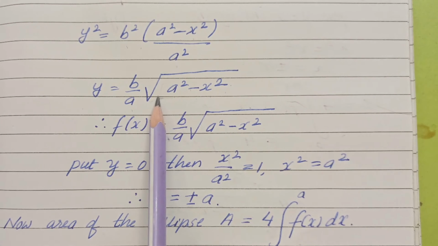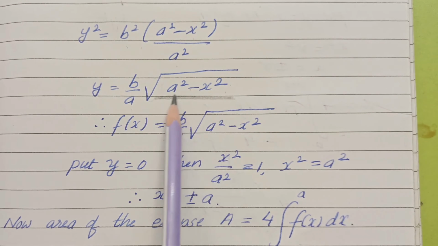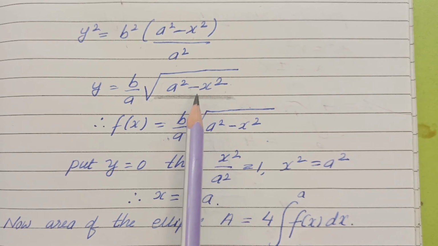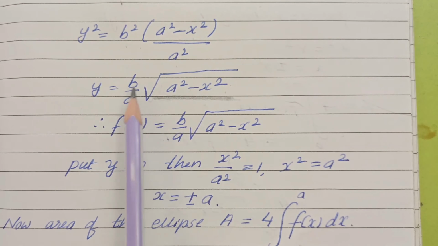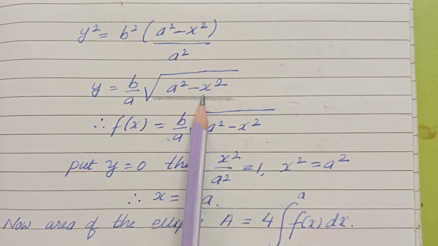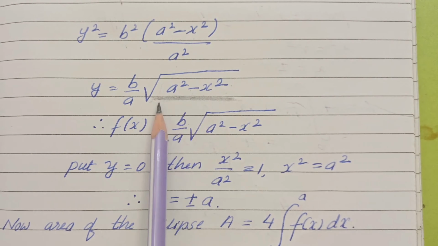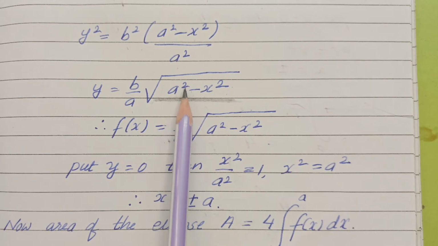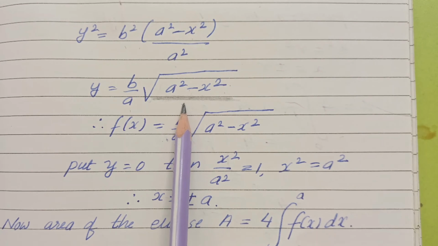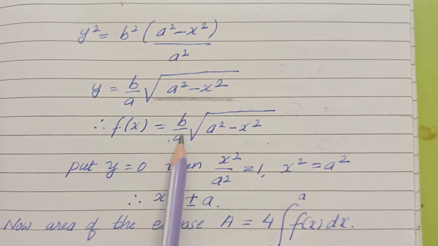Now you got a formula type of thing, so you should remember the standard integral formulas, standard formula 2 in the 2 group. If you check, you will find the formula for root of a square minus x square. That would be something like x by 2 root of a square minus x square into sine inverse x by a, something like that. There is an equation, and if you replace that equation, you will get a good answer.